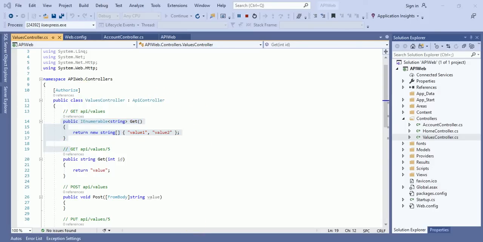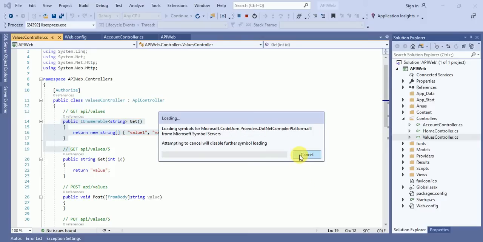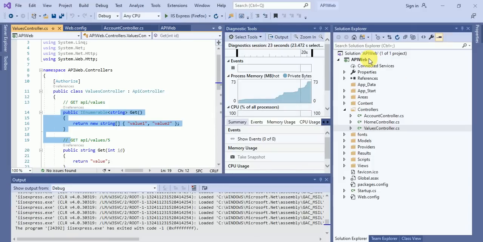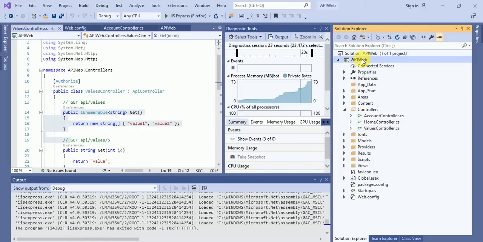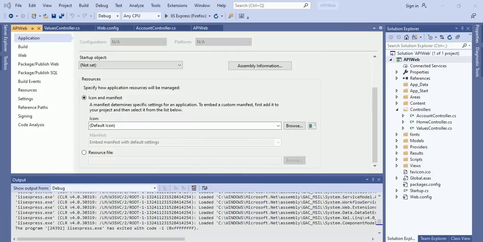So our application has just started. Okay, I don't want HTTPS, so I will just stop it and go into the properties.